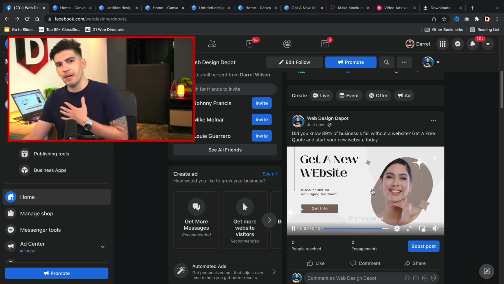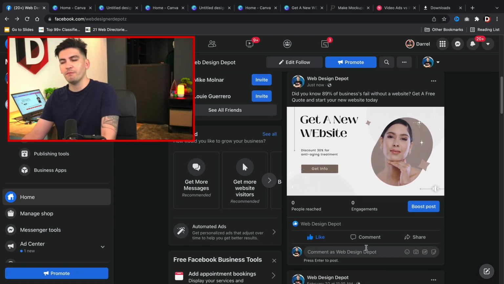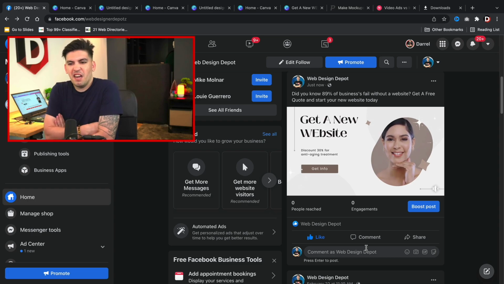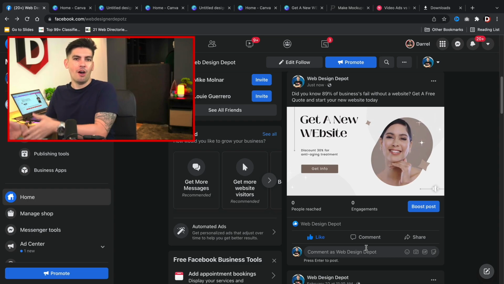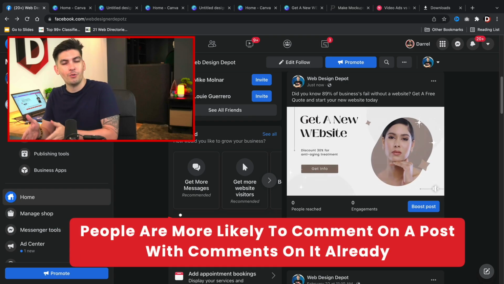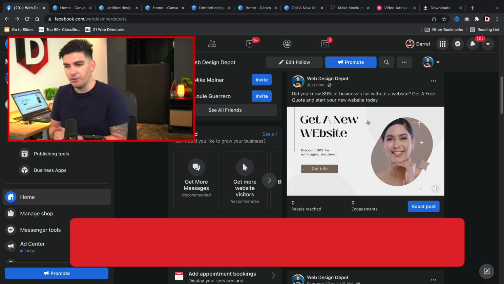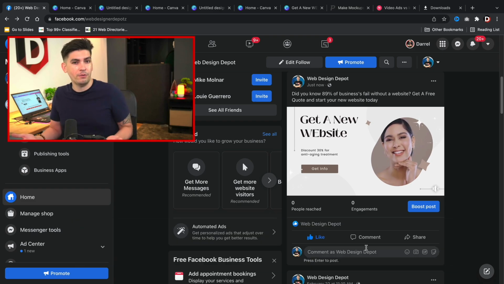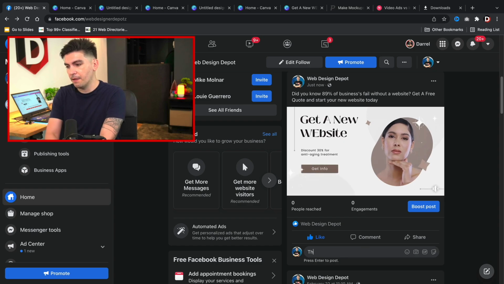Now, my personal opinion, guys, is to always actually like your post. People are going to say, well, don't do that, man, because that's kind of a loser thing. But when people see likes and comments, they are more inclined to engage on that post. And since you're spending money on this, you might want to do that because it invites people to click and comment on your video. So right here, I'll put, thanks guys,